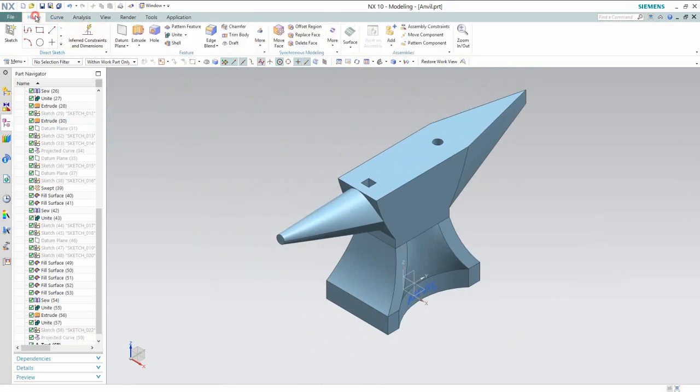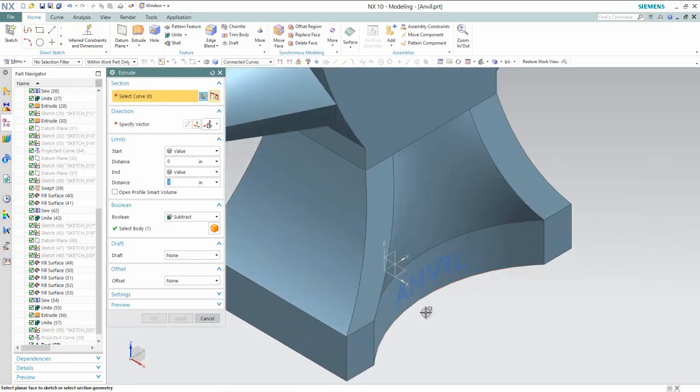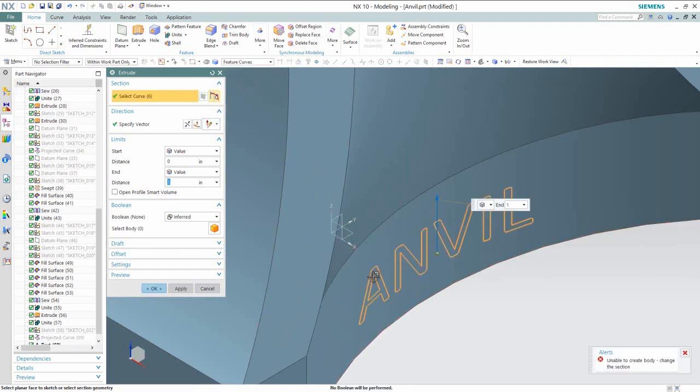Now we will activate the extrude command and select the text anvil. Okay, that's it.